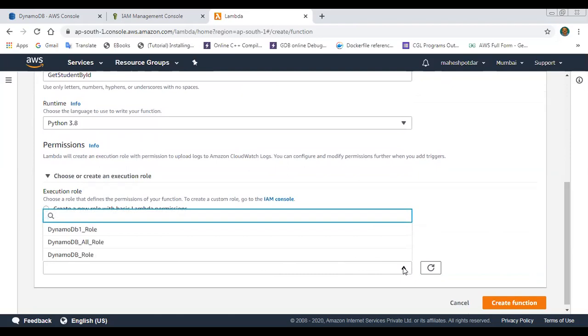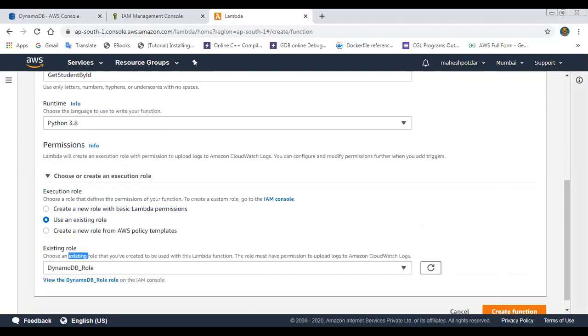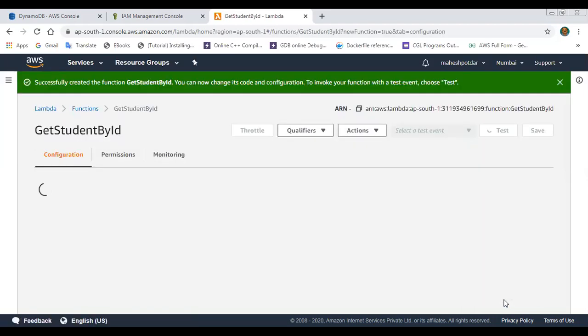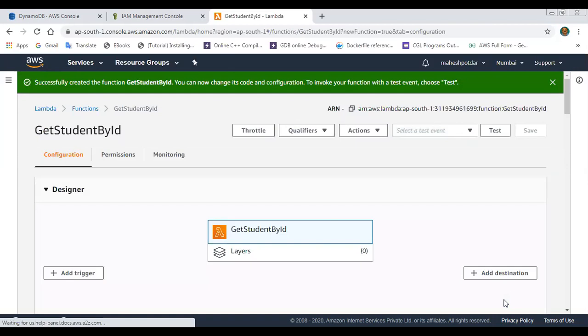I am using the existing role, the DynamoDB role we have created, and just click on create function. So the function get student by ID is successfully created. Please remember the name.